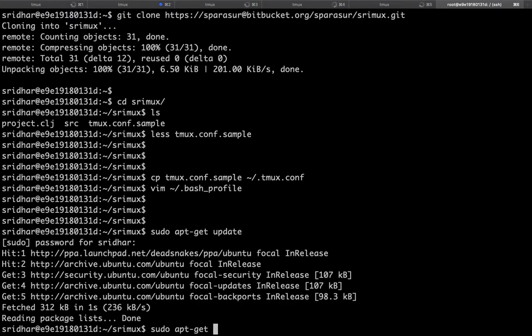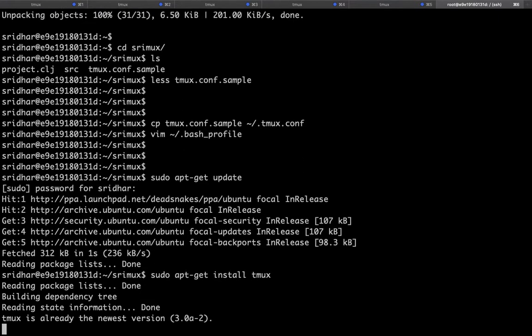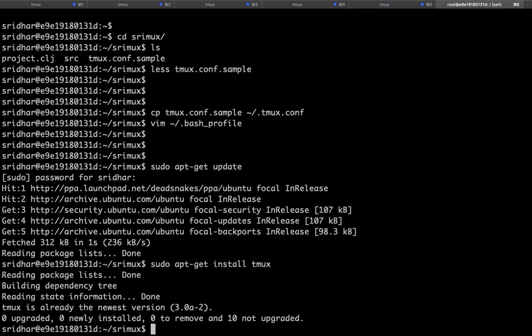Great. Next is to install tmux. That's great. It's already installed. That's okay. But if not installed, that's the command to get it.